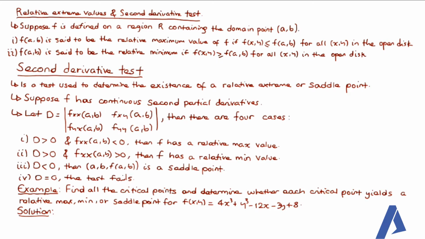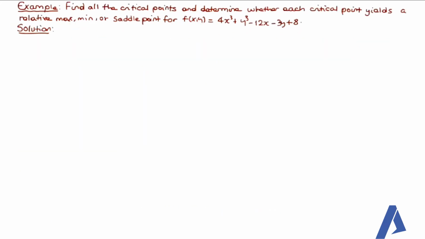ስለዚህ በሜትሪክስ ፎርም አስቀምጠን ዲተርሚናንቱን ብናገኝ በዛ ዲተርሚናንት መሰረት አራት የተለያየ ኬዝ ይኖራል። እንደምናየው እዚህ ጋር if D is greater than 0 and if the second partial derivative with respect to x is less than 0, relative maximum value ይኖረናል። በዛ D greater than 0 ሆኖ the second partial derivative with respect to x ደግሞ greater than 0 ከሆነ f relative minimum value ይኖራል እና የመሳሰሉት።